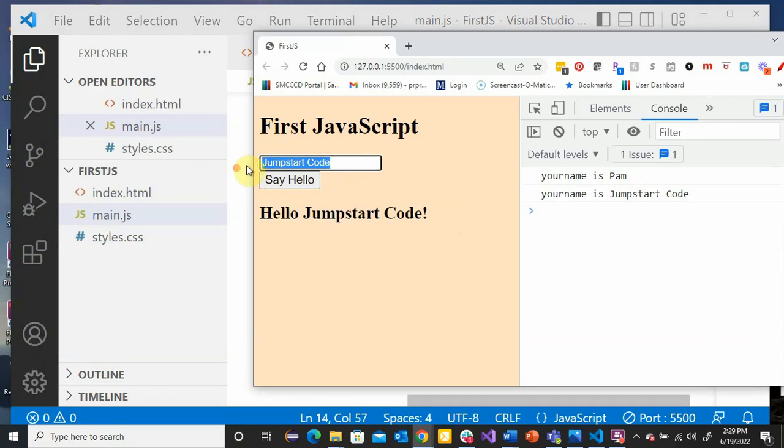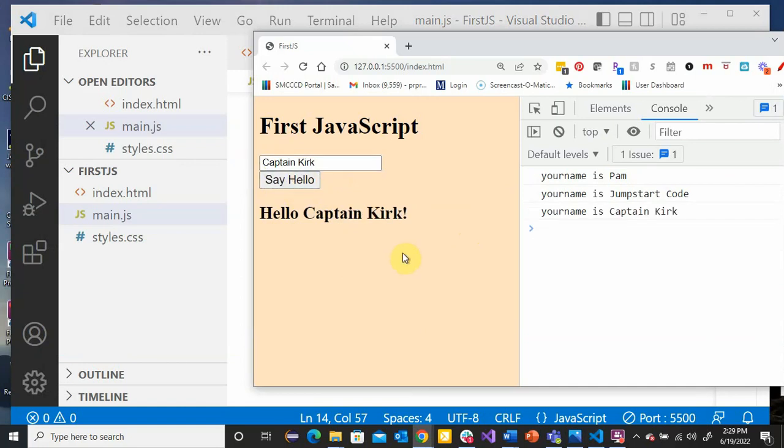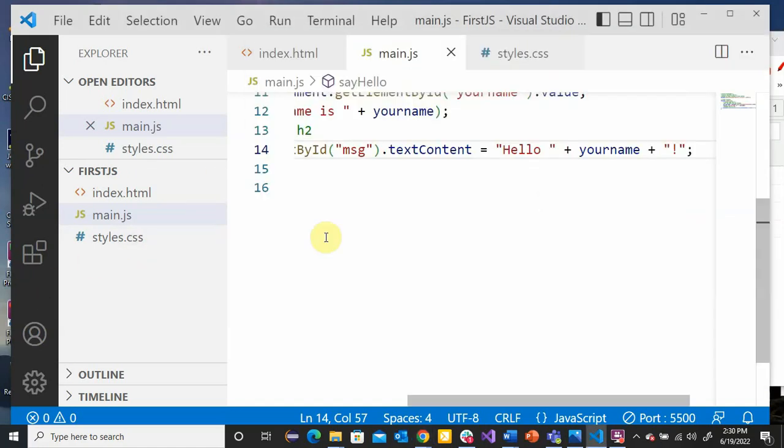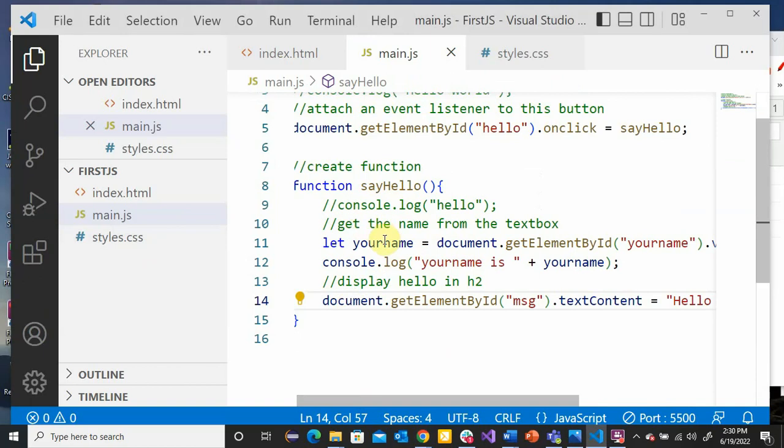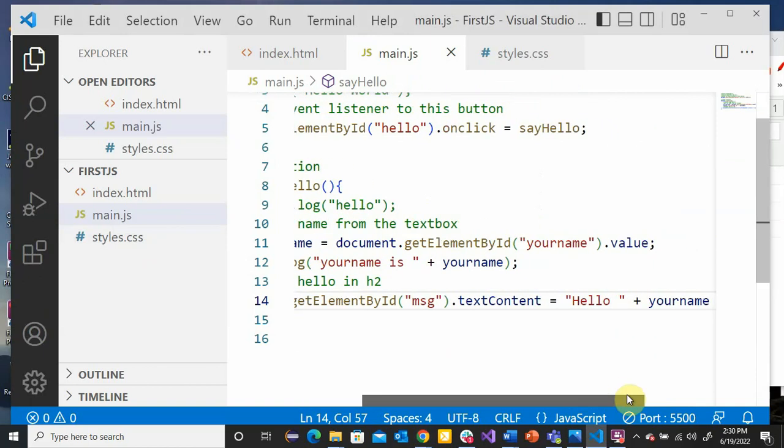If I say Captain Kirk, I get hello Captain Kirk. So whatever text I put here, that text is being retrieved from the input box and placed in a variable, and then I'm using that